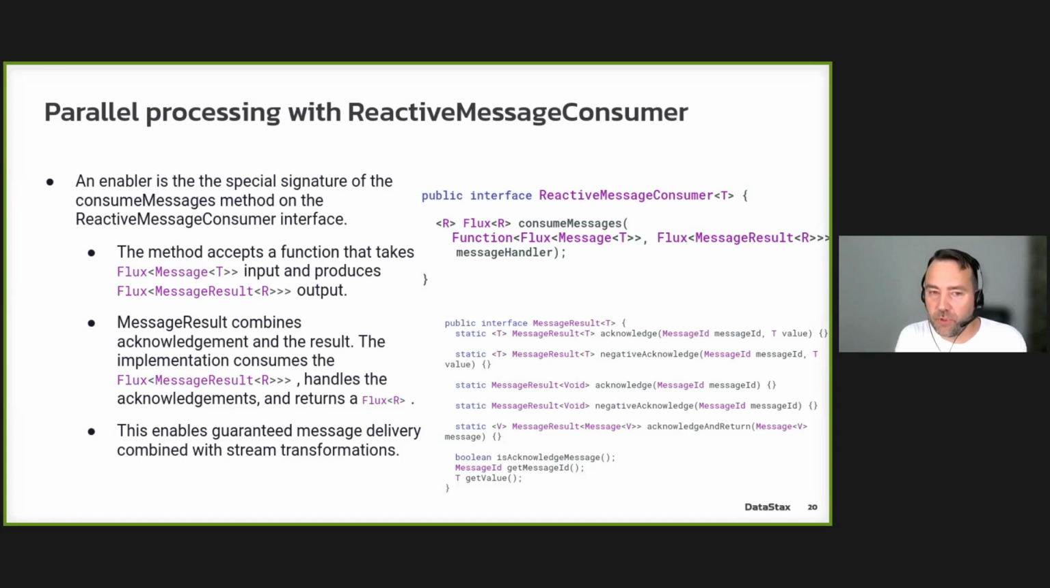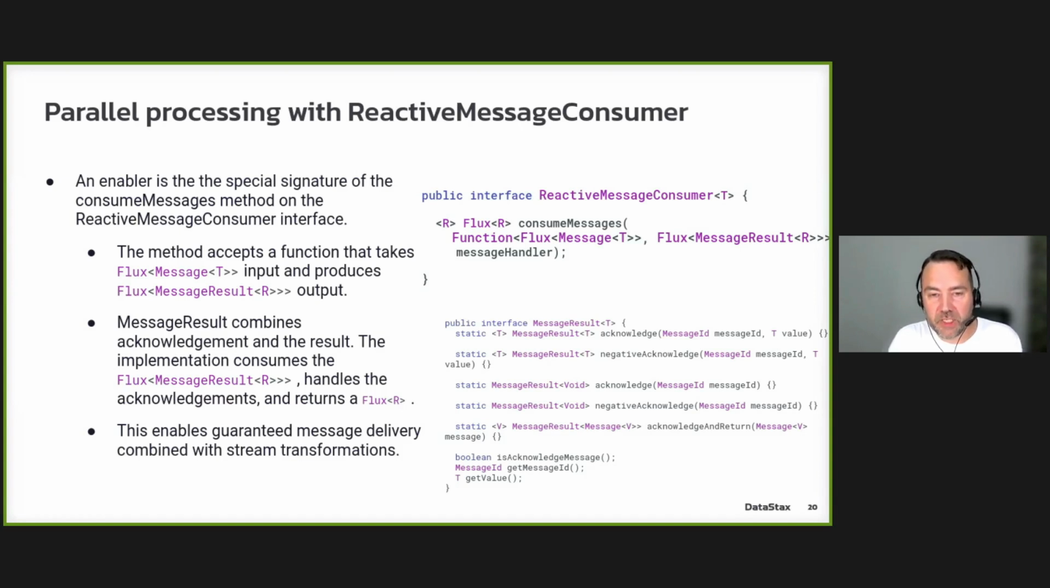And the reason for doing this is that this enables guaranteed message delivery and also the parallel processing, because this decouples the stream of incoming messages from the time those messages are acknowledged. So the message result combines the acknowledgement and the result of this function, or the pipeline that this function returns, and